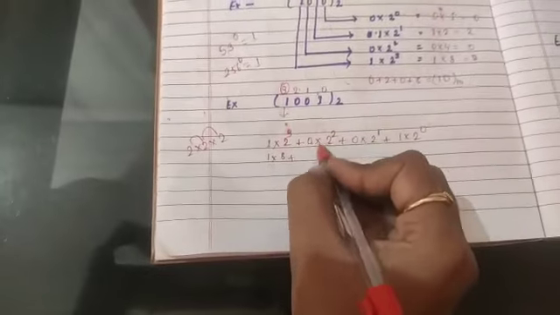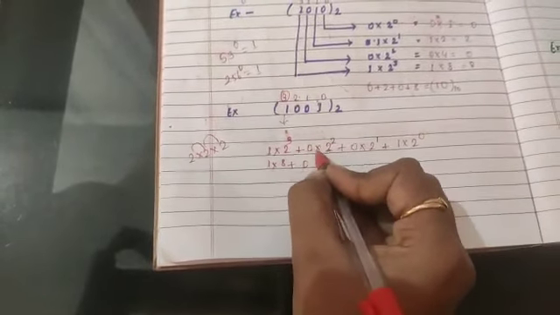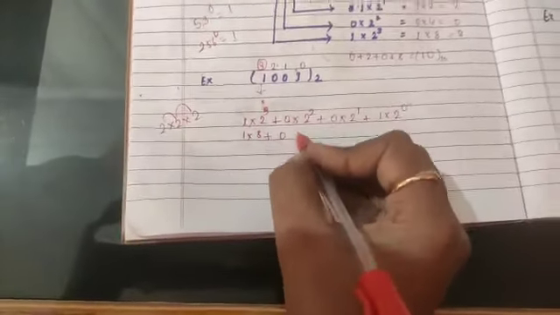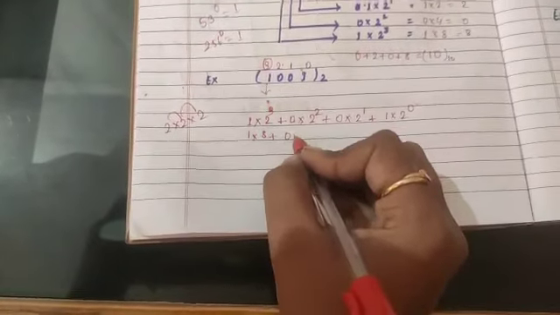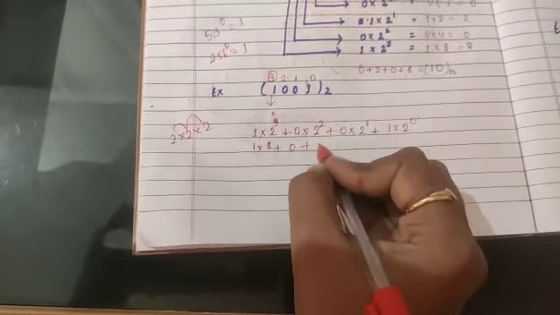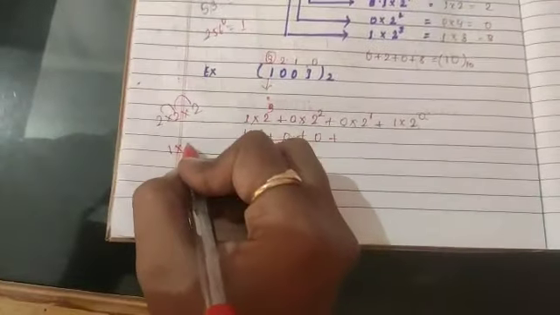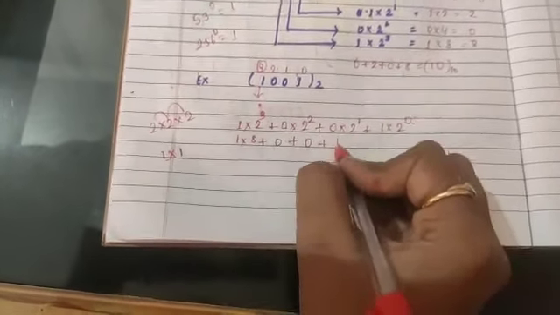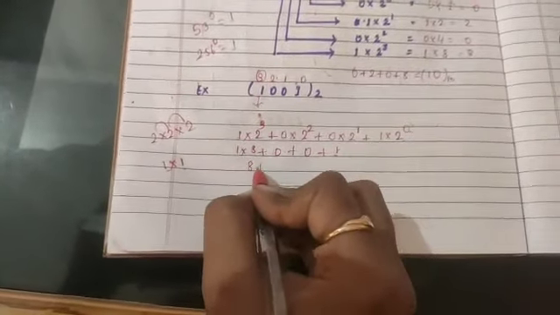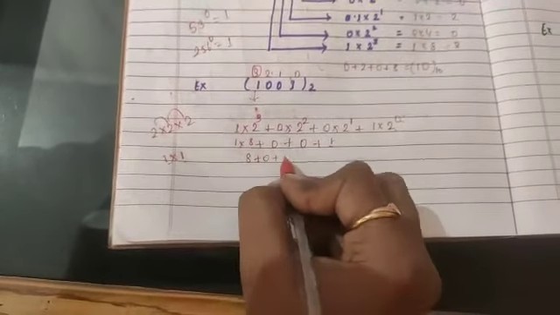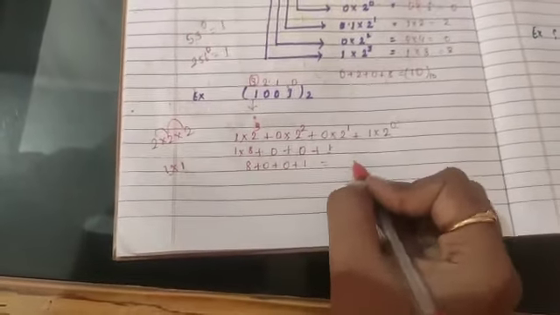Now here anything we multiply by 0 will come 0, so I am directly writing 0 here. Here also 0 is given, then the value will come 0. Now here check, 1 into 2 to the power 0, and 2 to the power 0 means the value will be 1. So 1 into 1 is 1. Now 8 plus 0 plus 0 plus 1, then the answer will be